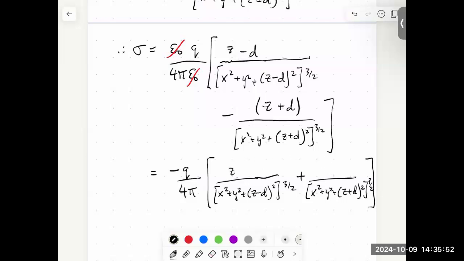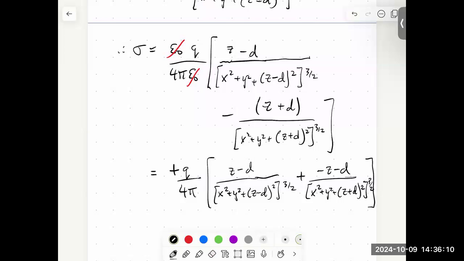Because I still have my z. So z minus d, and then in fact, let's not pull out the minus sign, and let's put this as minus z minus d here. Okay, so thank you. I think this should be correct now. The reason the z's are going to go away